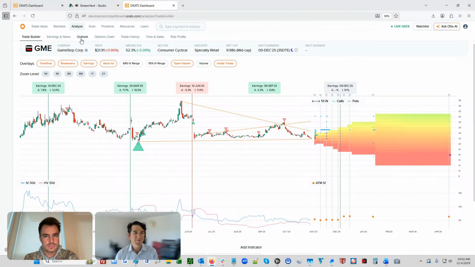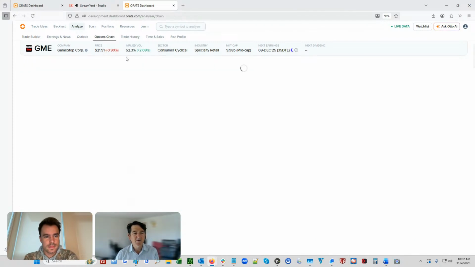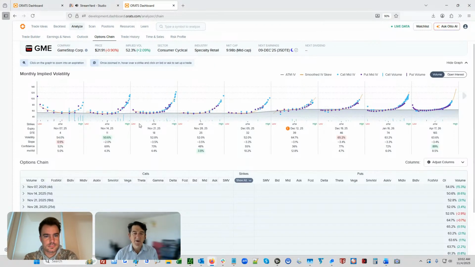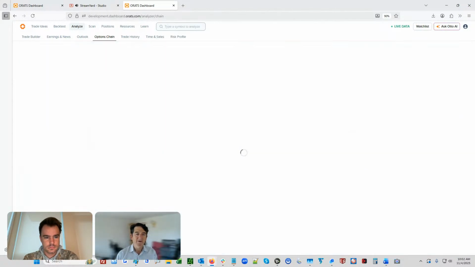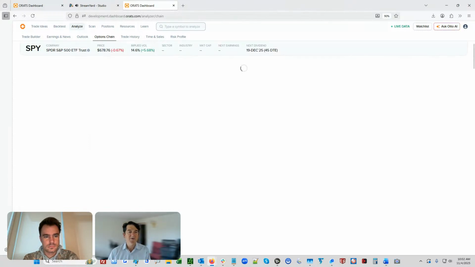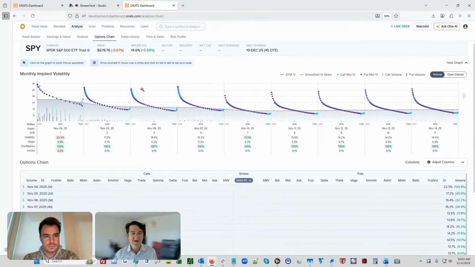So we'll look at GME here, GameStop. And this is the opposite of what most stocks have. GME has what we would call a highly negative slope, because it's opposite of what is usual. Usual is SPY, and 90% of the other stocks and ETFs, where the left side, or the put side,